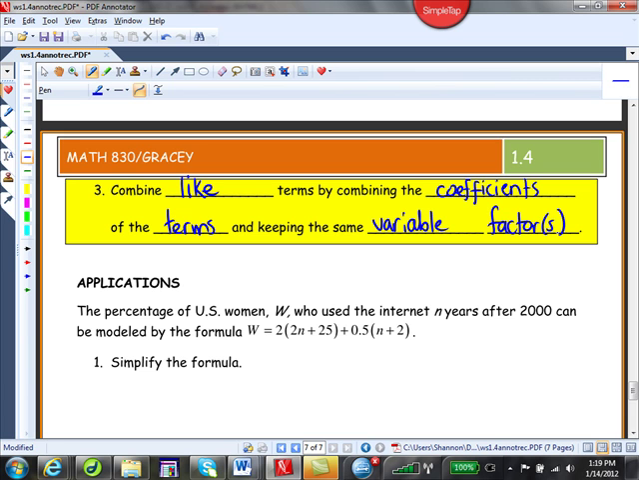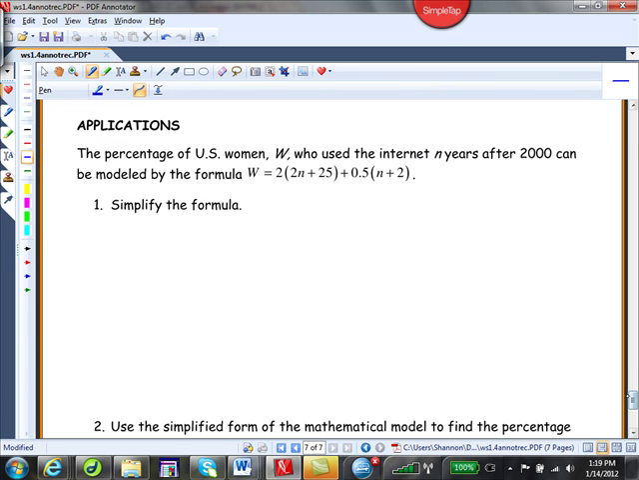Okay, so let's take a look at an application. So the percentage of U.S. women, denoted by W, who use the internet in years after 2000 can be modeled by the formula W equals 2 times the sum of 2n plus 25 plus 5/10 times the sum of,